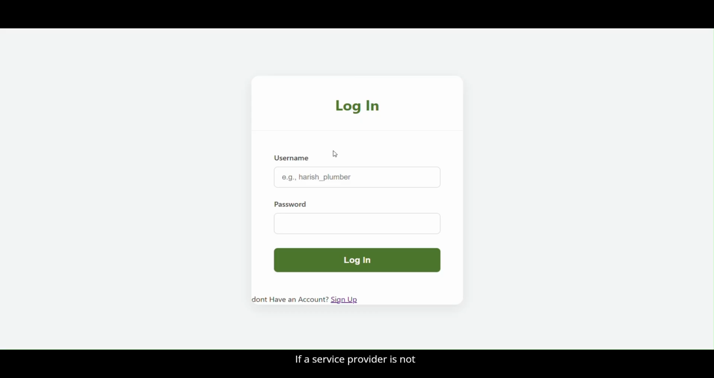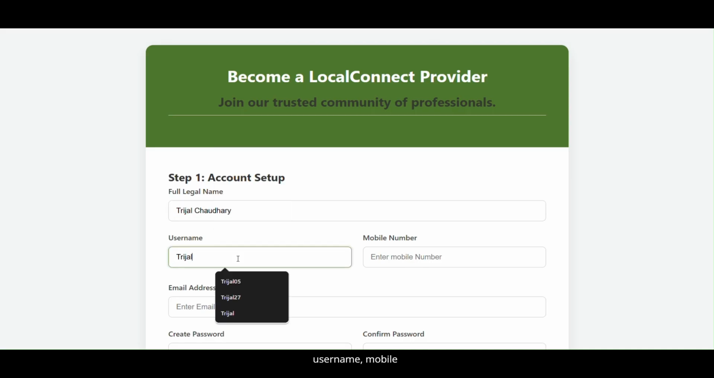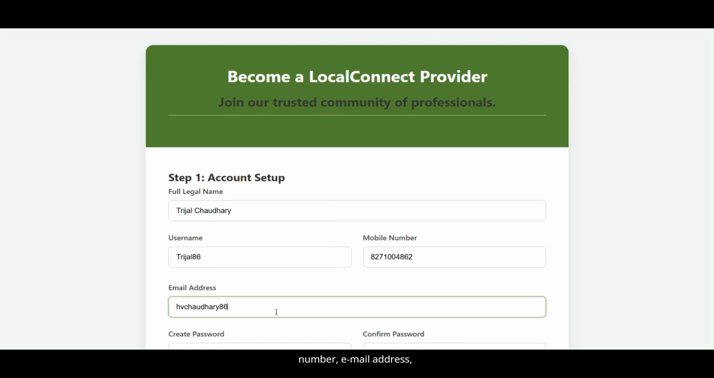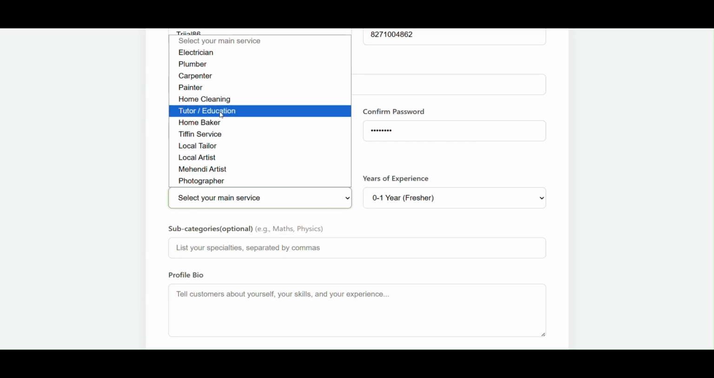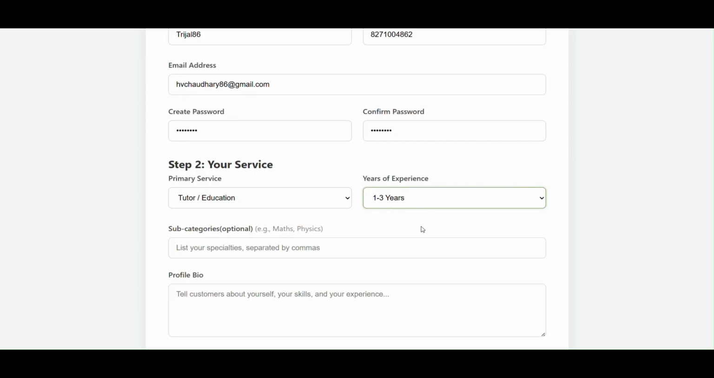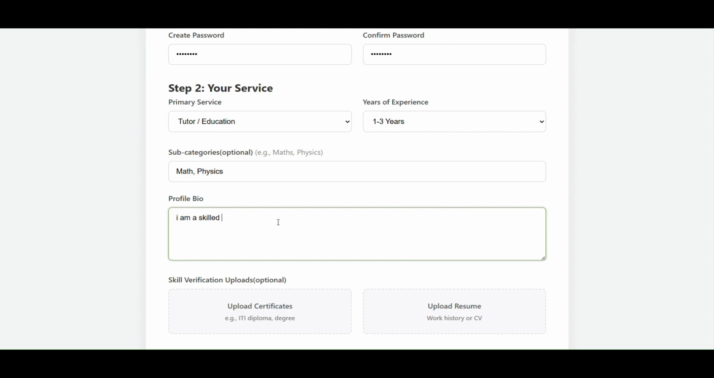If a service provider is not logged in, they are redirected to the login page. To join LocalConnect as a provider, they must create an account by clicking on Sign Up. During provider sign up, detailed information is required for authentication and verification, which includes name, username, mobile number, email address, password, primary service, years of experience, optional subcategory, profile bio,